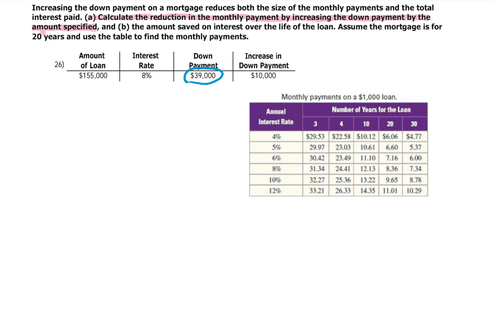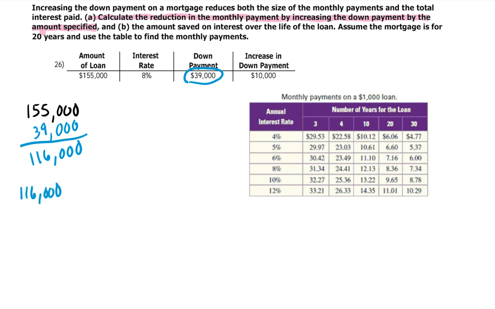So the original loan amount was $155,000, but you're like, hey, I can put down $39,000 so that I don't have to borrow as much. So we do that first, and when we subtract, we get $116,000. Now, we want to figure out the monthly payment for that. Well, we take the